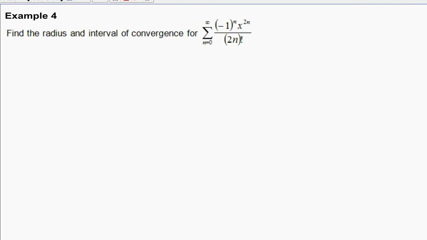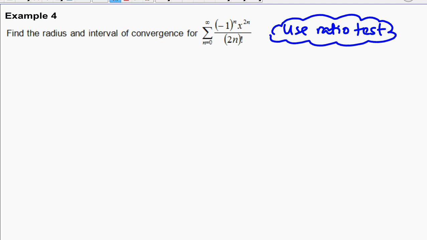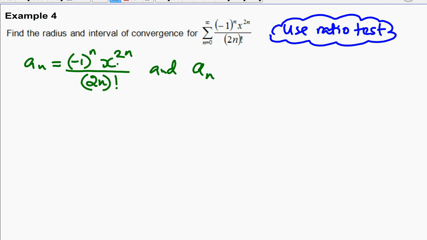Again, in this example, we are going to use ratio test to find the radius and interval of convergence. So S sub n is (-1)^n x^(2n) over (2n) factorial. And S sub n plus 1 will be equal to